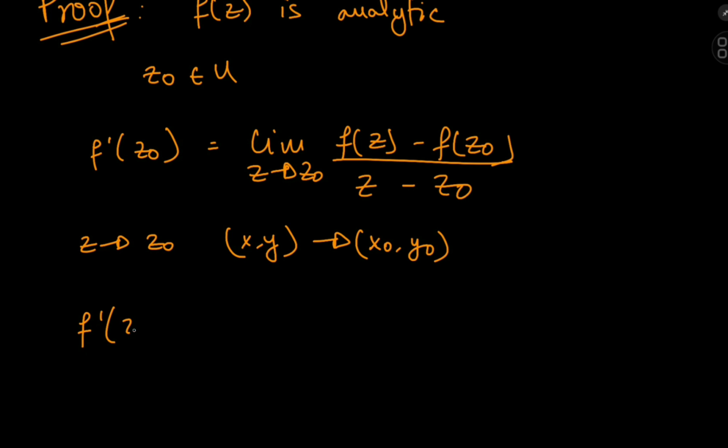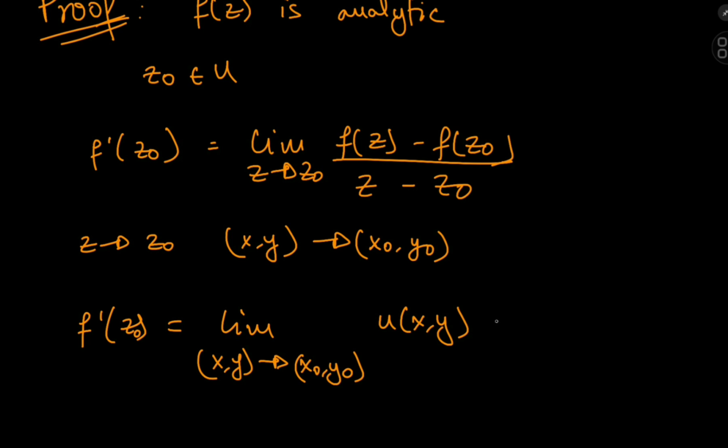So that means the derivative at z naught equals the limit as (x, y) approaches (x naught, y naught) of u of x and y plus i times v of x and y minus u of x naught, y naught